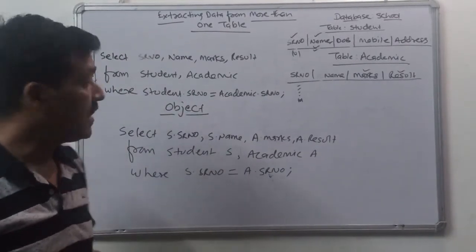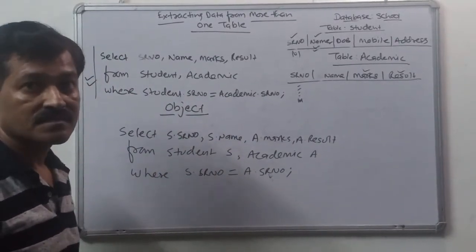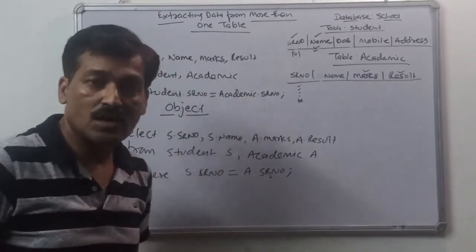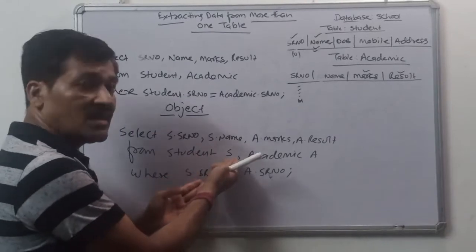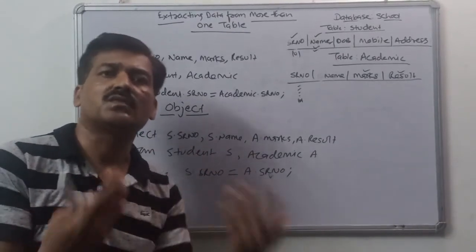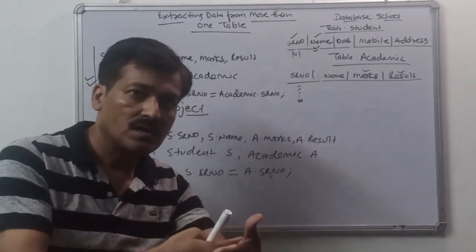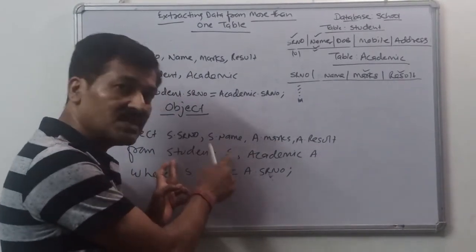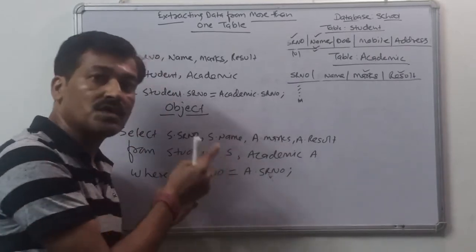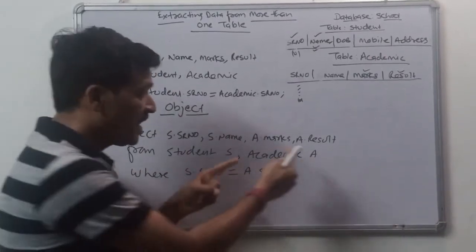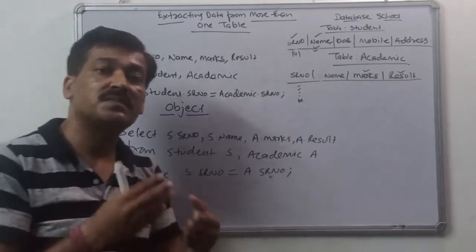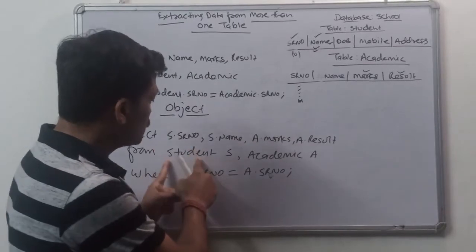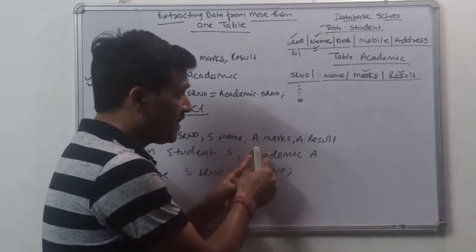What did I do? I am using an object. I did not use the table name; I have used the table name while declaring an object. Declaring an object means writing the object name, which need not be only an alphabet, it can be a word, anything, but to make it short, we have taken a single alphabet. Student S means S is the object which is now going to represent the table student. A is the object which is now going to represent the table academic in this query. So, student space S, academic space A.